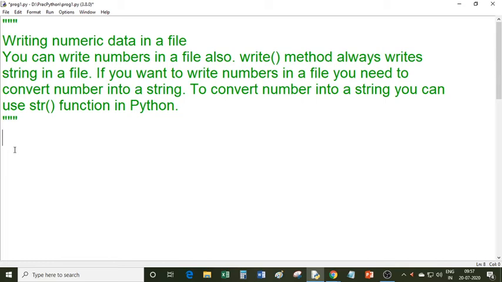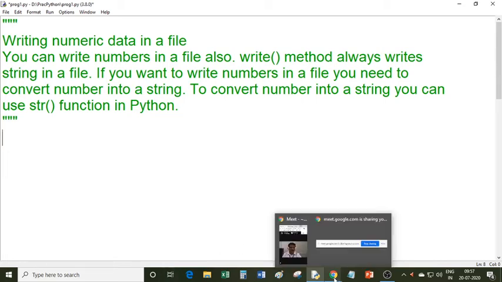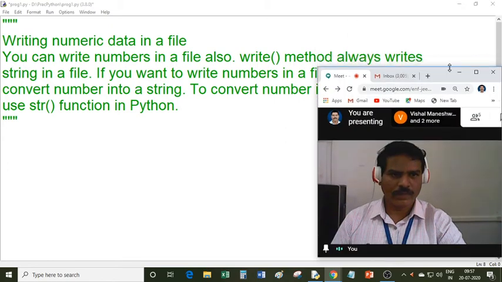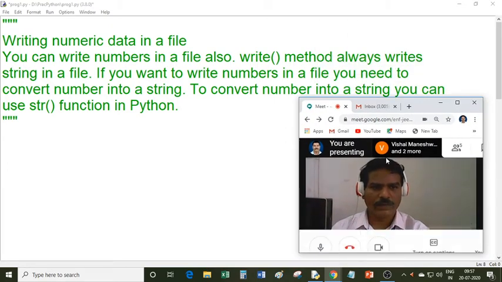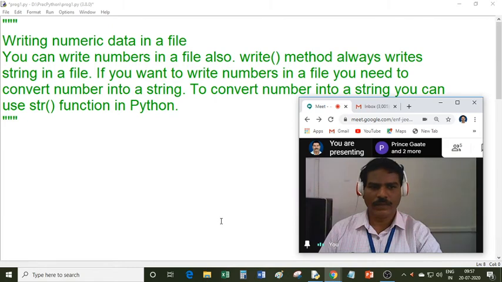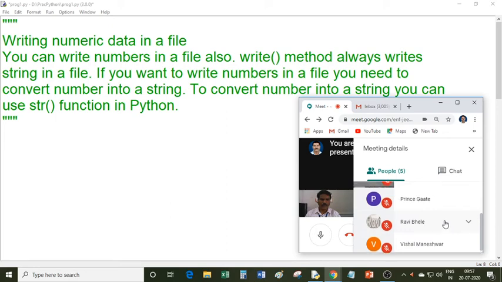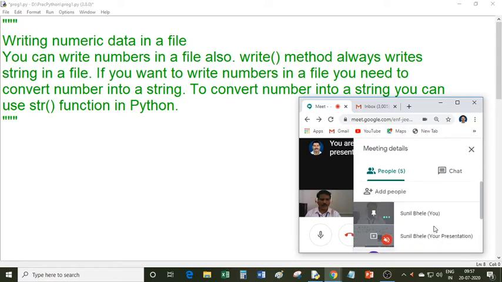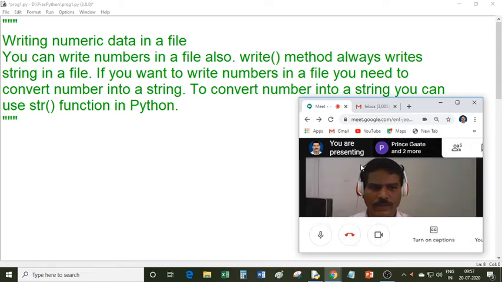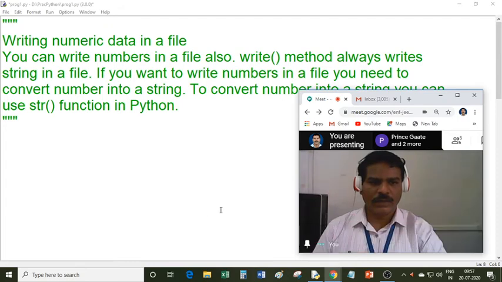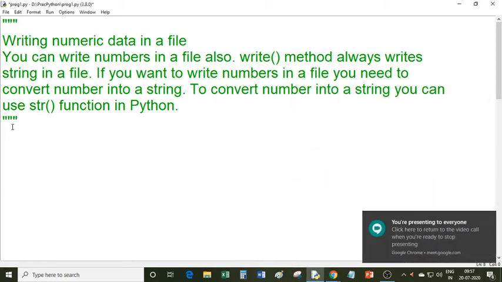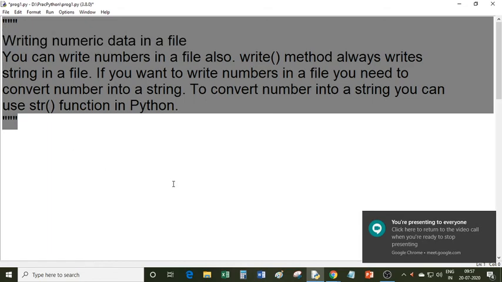So have you written this? Now only Prince Gatha and Vishal Maneshwar are attending the class. Maybe the students are facing a network problem. Okay, I hope you have written these notes. So I am deleting,